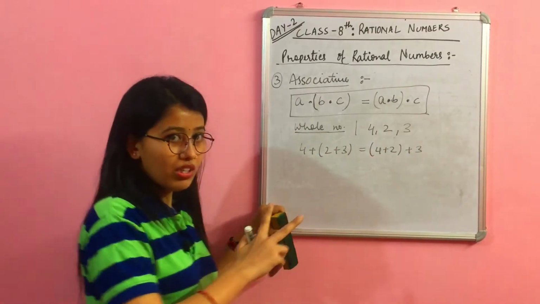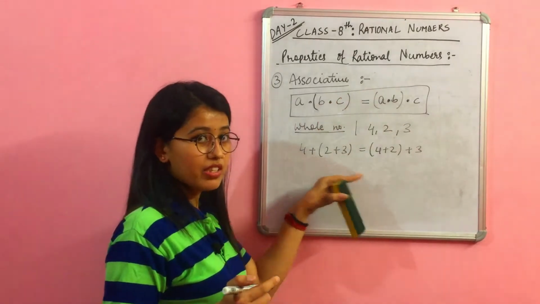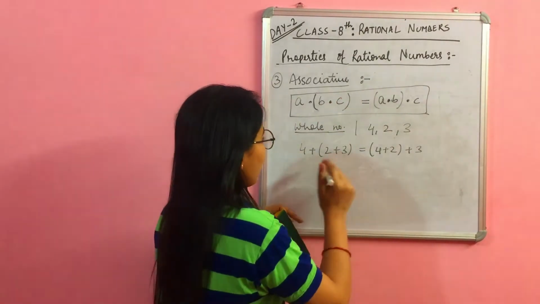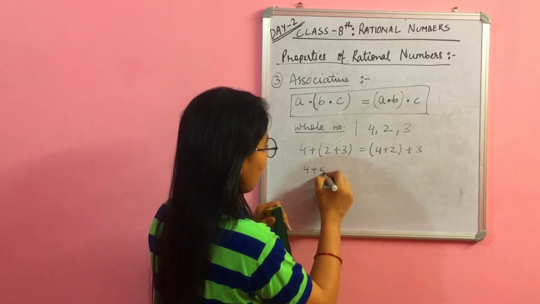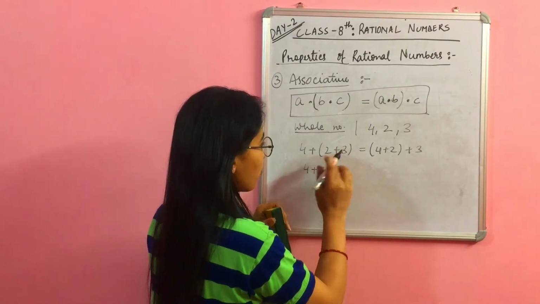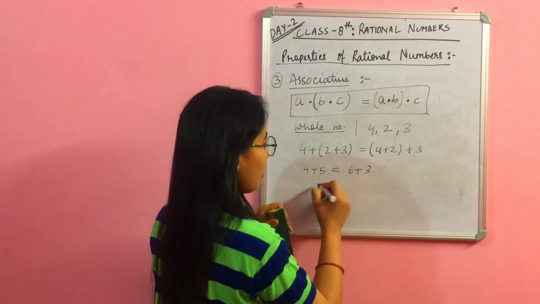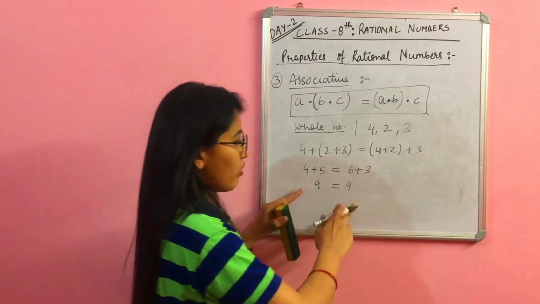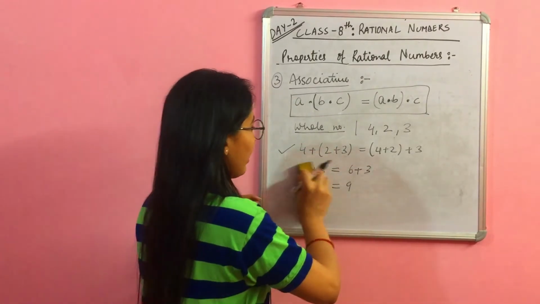This must be equal. ये दोनों इक्वल आने चाहिए, तभी हम कह सकते हैं कि हमारी एसोसिएटिव प्रॉपर्टी सेटिस्फाई कर रही है, राइट? So if you add them, this will be 4 plus 3, 2 plus 3 is 5, 5 plus 4... 6 plus 3, this will be 9. 9 equals to 9, right? So for addition, our condition is satisfying, right?